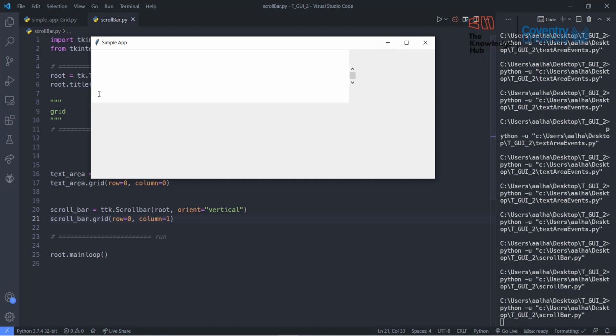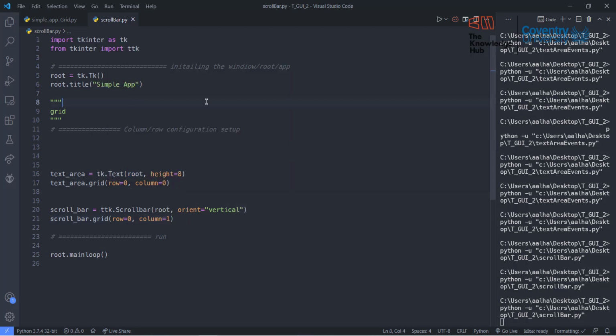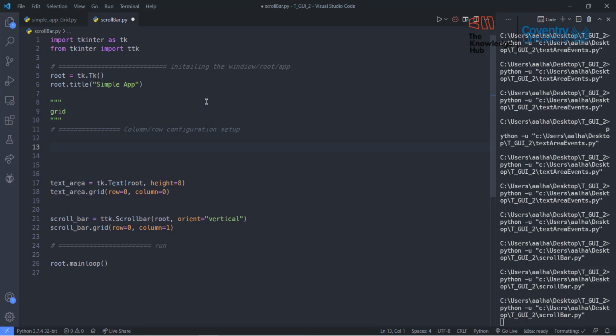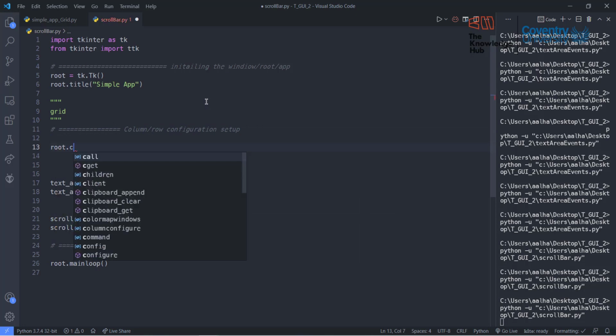So this column 0 should take the entire width of the screen. But column 1, I need it only to take the width of the scroll bar. So I'm not going to give it a weight of 1. I need it to have a weight of 0, just as we mentioned earlier, to have the exact width of the scroll bar, right? So I'm just going to say that inside the root, I'm going to use column configure,